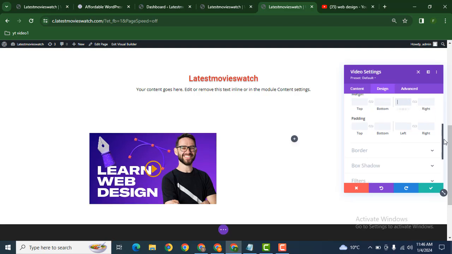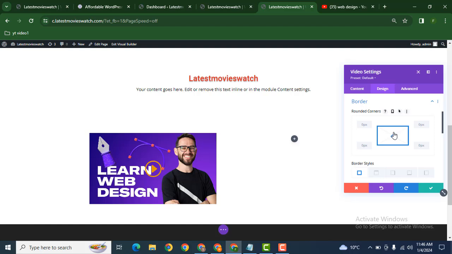Okay, now scroll down, and here you can add a border. You can also round the video corners. For example, we can add a value here. Okay, so this is up to you according to your requirement. Now let's remove it, and after that